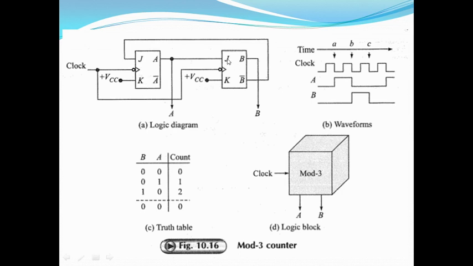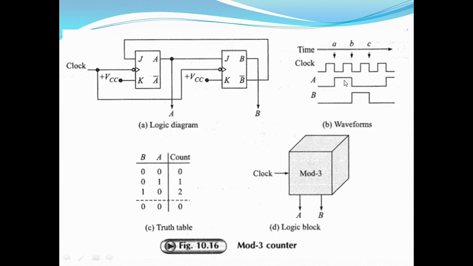What about the precondition of the second flip-flop? J is equal to 0 and K is equal to 1. That means the second flip-flop can be reset on arriving of the clock pulse. Here, J is equal to 1, K is equal to 1, so this flip-flop can be toggled. So on the first negative edge of the clock pulse, A is going to be toggled. A changes state from low to high, and B remains reset because it was already reset.